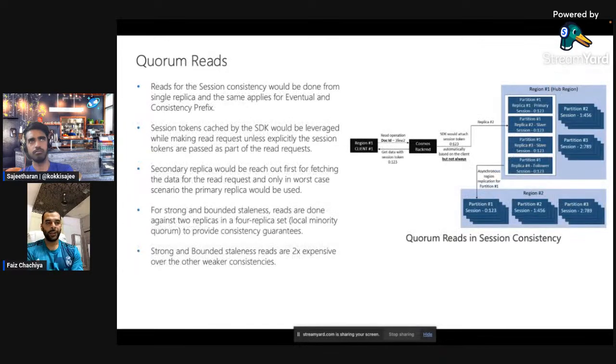Right. Coming to Quorum reads. So, similar setup, but when you are actually trying to read using session, eventual, or consistent prefix consistency, the data will be read from a single replica. So for any sort of reads that are performed,